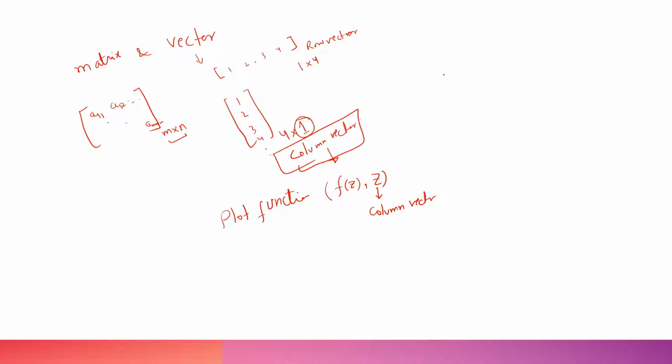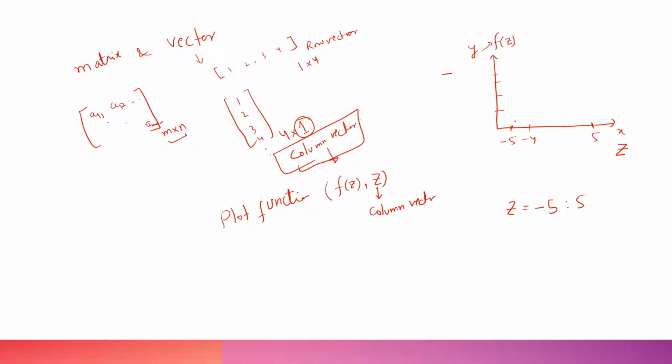What does it mean? Suppose we have an x-axis and a y-axis. On the x-axis we have our z value and on the y-axis we have our f of z value. Suppose that z is minus 5 to plus 5. Here it may be minus 5, minus 4 and so on, and the last value would be plus 5. And the value of f(z) would be there corresponding to each value of z.